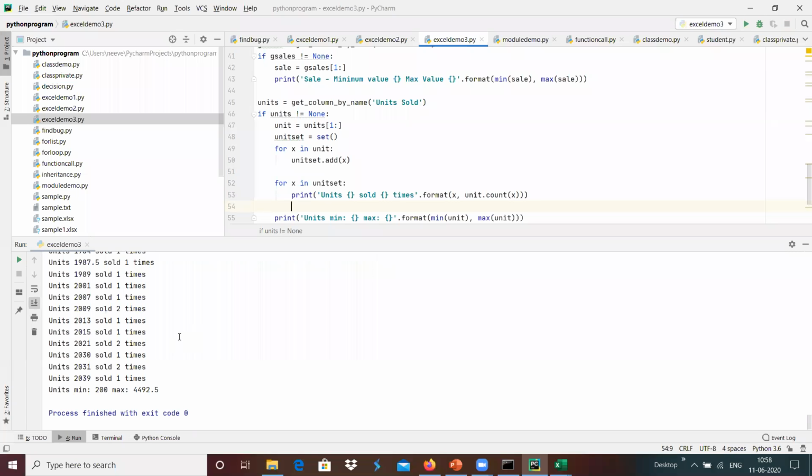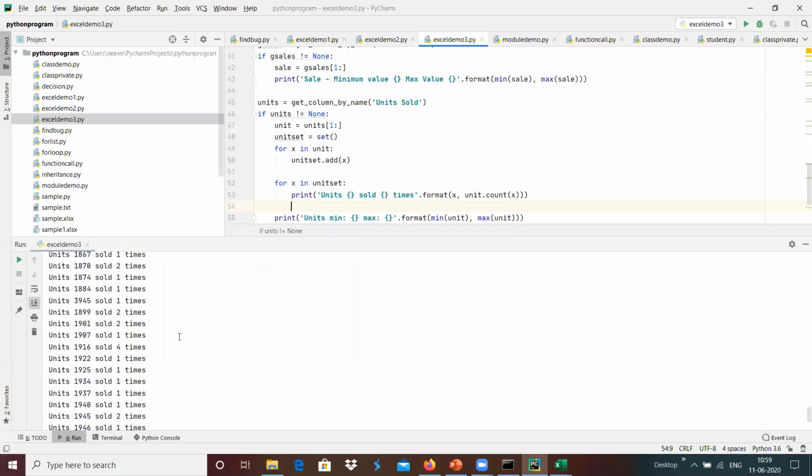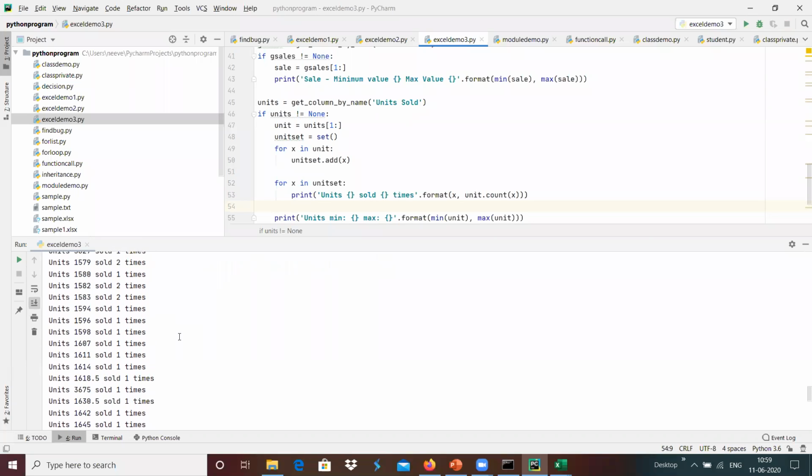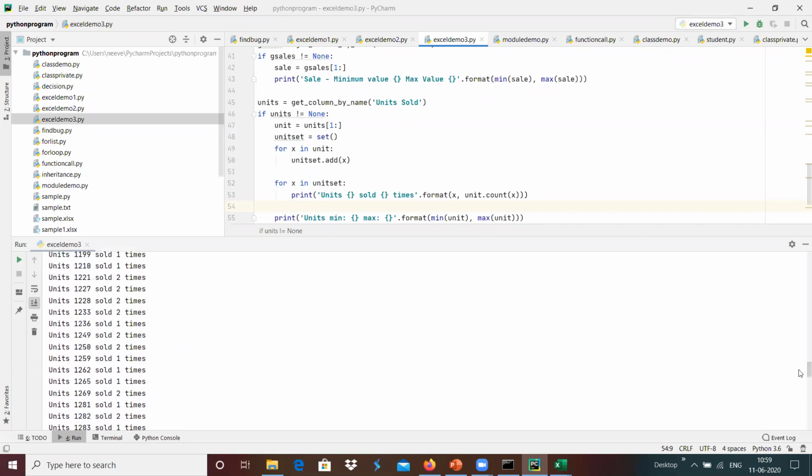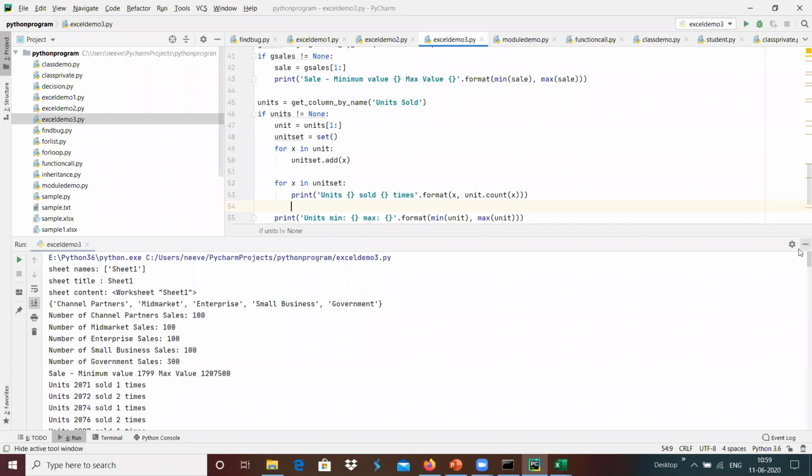Yeah, that we can have it, the statistics that we have over here. This, yeah, 2071 sold 1 times, 2072 units sold 2 times, and 2074 units sold 1 times, and like that